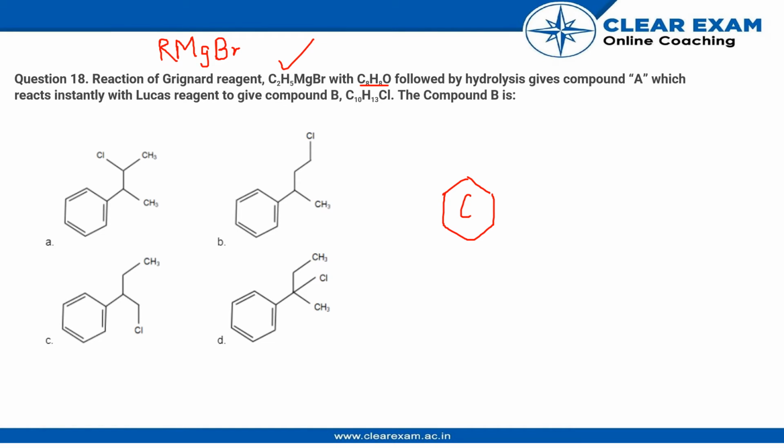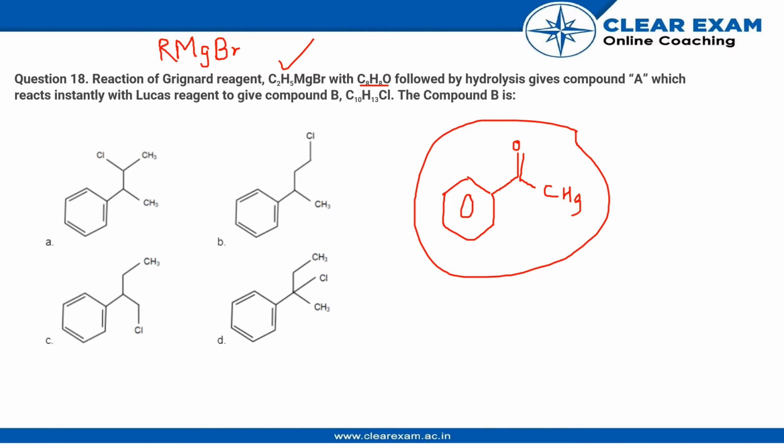We have a benzene ring. Let's say we have a branch, and this branch has a double bonded O to it, and CH3 in this case. If you look at the number of atoms in this and compare it with this, you will find it to be correct. So this is the structure of C8H8O, and when this reacts with the Grignard reagent, we know